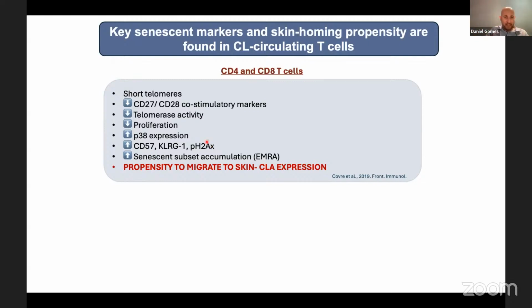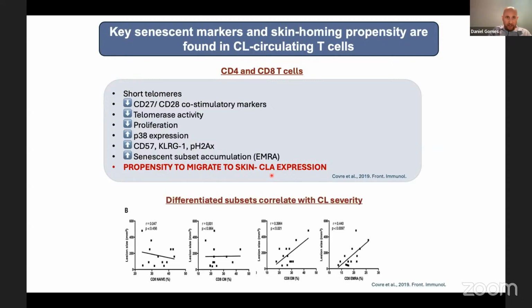But just summarizing, two things were very important here. The first one: when we activated these cells in vitro with the Leishmania antigen, they showed an increased propensity to migrate to skin, especially because they upregulated CLA, the cutaneous leukocyte antigen, which could potentially impact their participation in lesions. Secondly, we correlated the lesion size of patients with the different subsets that we can see